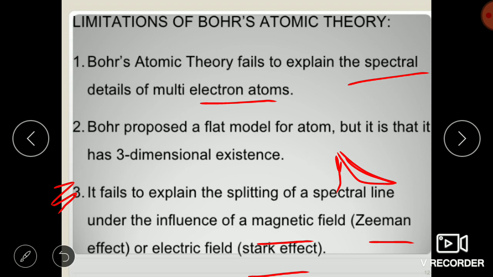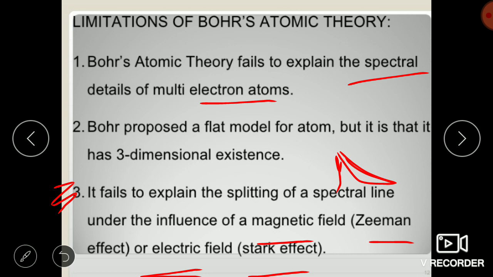Okay, Stark effect is influenced under which field? So it is under the electric field. You can remember like that. Spark, okay, sparkling happens when the positive and negative ends of a battery, if you just touch, right, sparkling happens. So it is somehow related to electricity. Like that you remember electric field, so it is spark or Stark effect. Not spark, it is Stark effect. So I'm just giving a hint to remember this one.